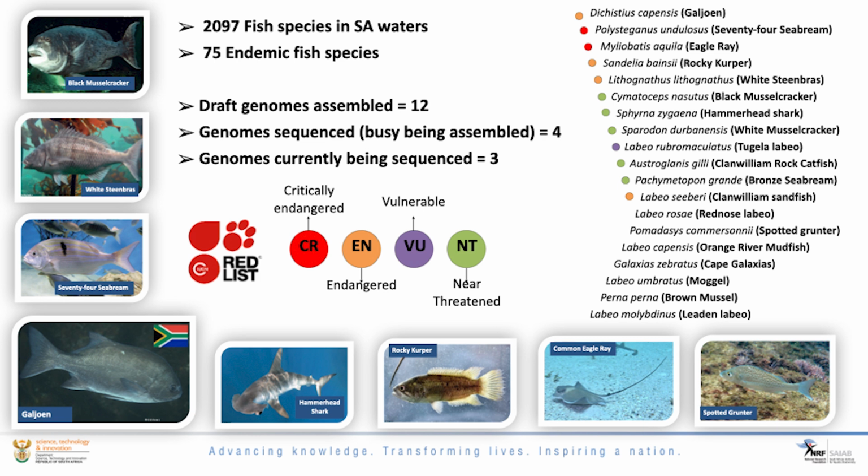So a lot of these are still in progress, and SAIAB has plans to expand on these sequencing under 1KSA quite considerably this year, including a number of invertebrate organisms as well. There is a project under FBIP, Foundational Biodiversity Research, called SEA-KEYS, and they are mapping marine invertebrate organisms in the waters around South Africa, and many of these organisms are now going to find their way into 1KSA for genome